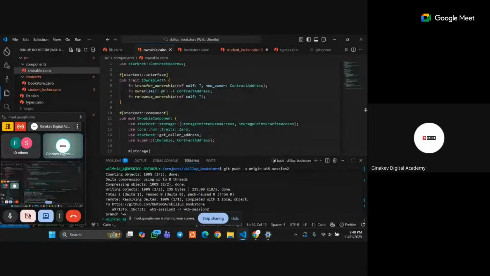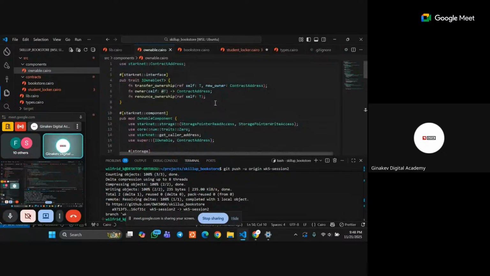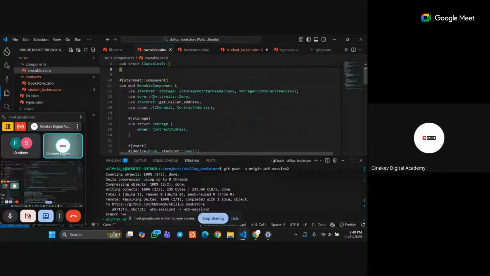Okay. So I don't know why I feel the need to go over this, for the sake of those that were not here yesterday. Components also use interfaces just like contracts. So we define our interface here just as we would if we were writing a contract. And the next thing we did is we came down here to declare the model. But instead of the decorator being in a contract, the decorator will be something like